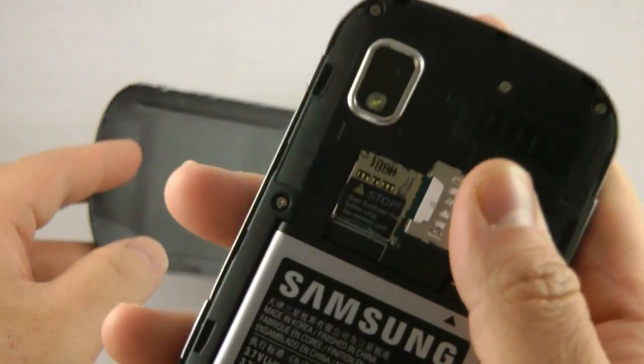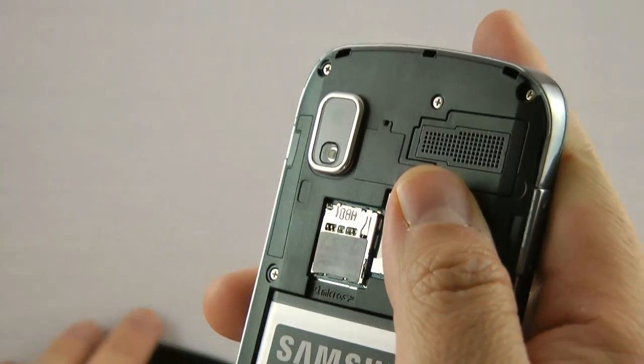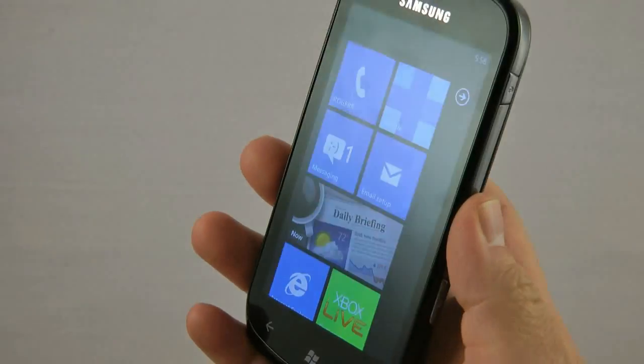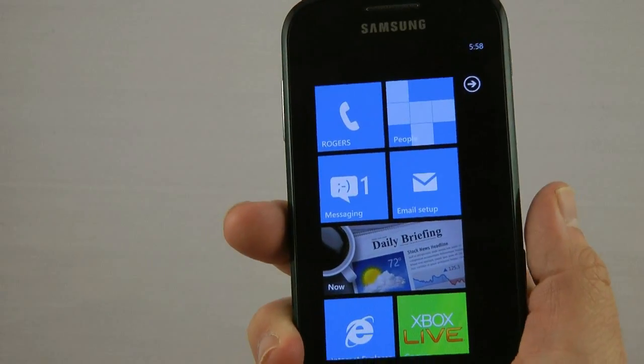Personally, I like the form factor on the Focus more. It's sleeker, and I mean, I don't care to have a slide out speaker. It makes the Focus kind of clunky. Also, while the Focus has more built-in memory,